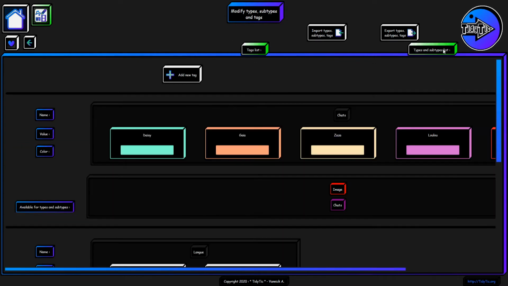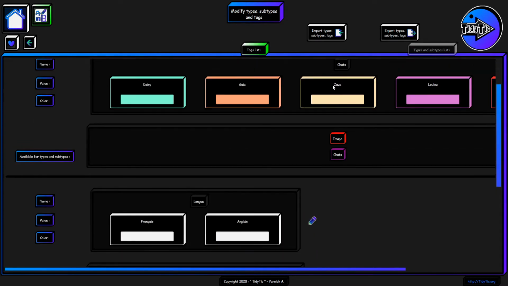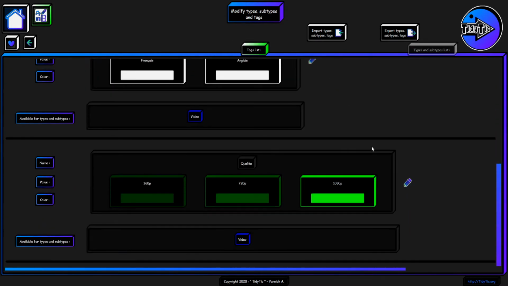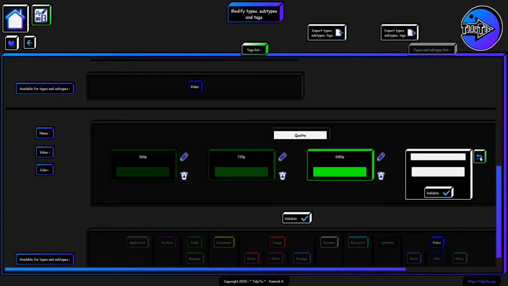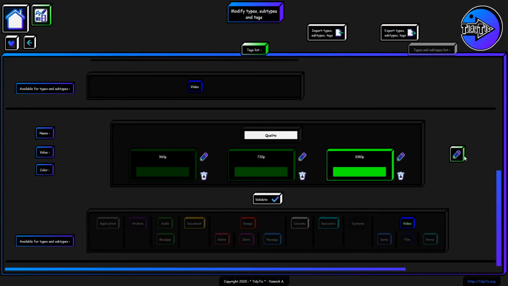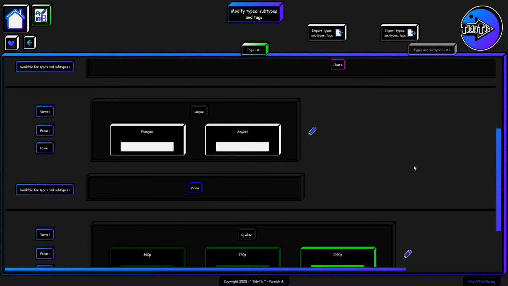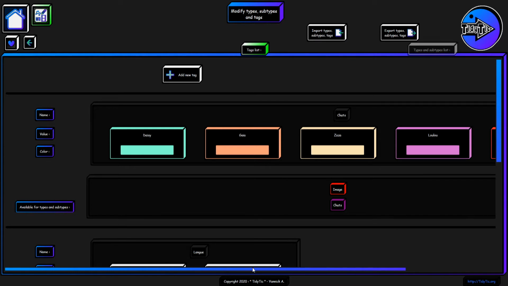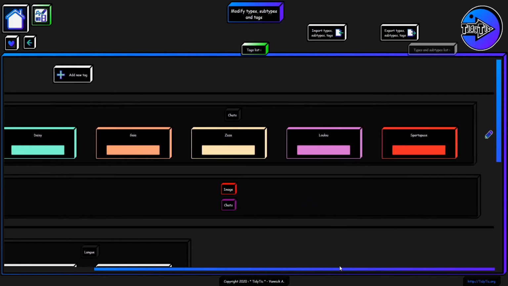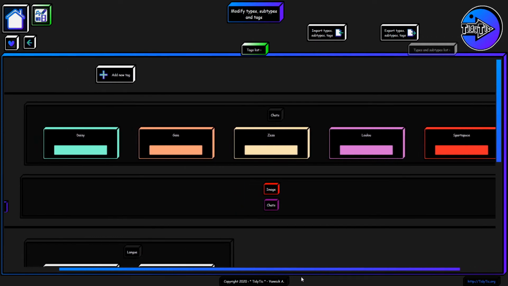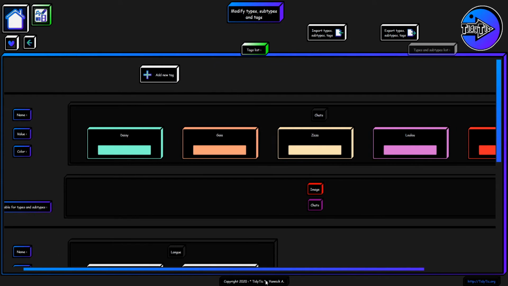In addition to types and subtypes, you can also create tags. Those tags will be available for the types and subtypes you have chosen. You can add values to them, change their color or even the name of the tag. You must have noticed the cat tag. Here the value is the name of the cat you could see in my pictures. I can use this tag to filter the display of my files and only display pictures of a particular cat.